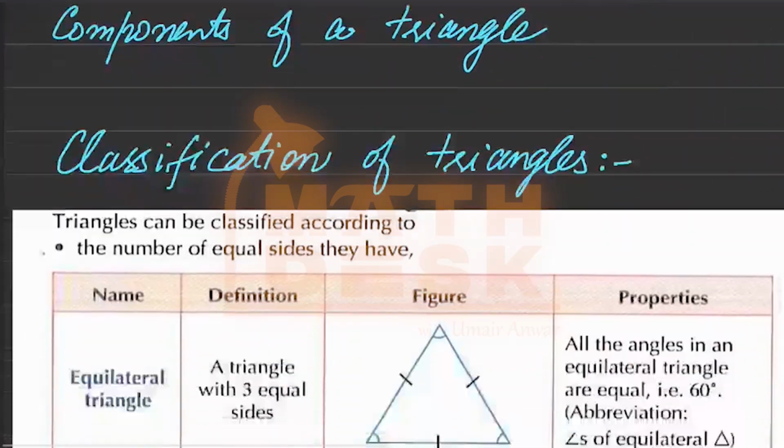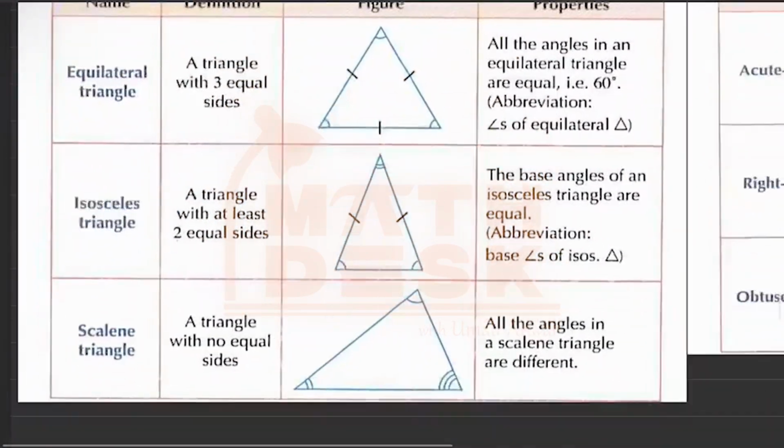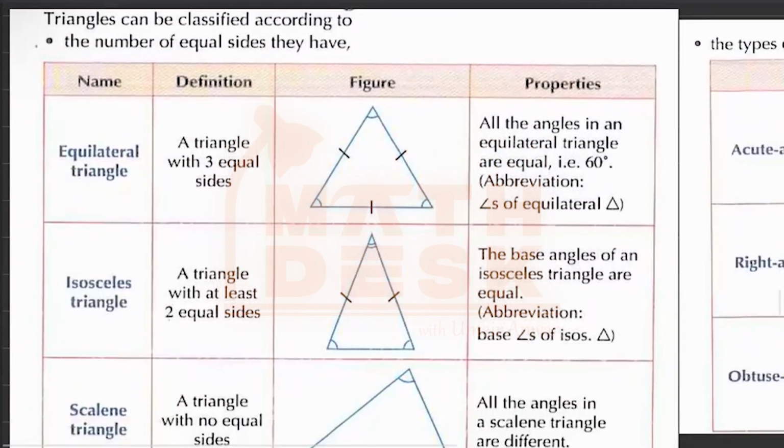Classification of triangles. There are 6 types of triangles. If we classify the triangles according to the sides, then a triangle with 3 equal sides is called an equilateral triangle. Additionally, in any equilateral triangle, angles are also the same. So when we have 3 equal angles in a triangle, they are always equal to 60 degrees, and their sum is 180 degrees. Then the second type is isosceles triangle, which is when a triangle has at least 2